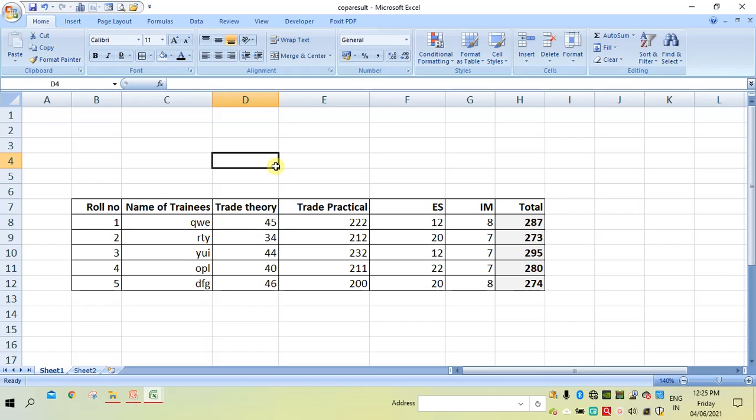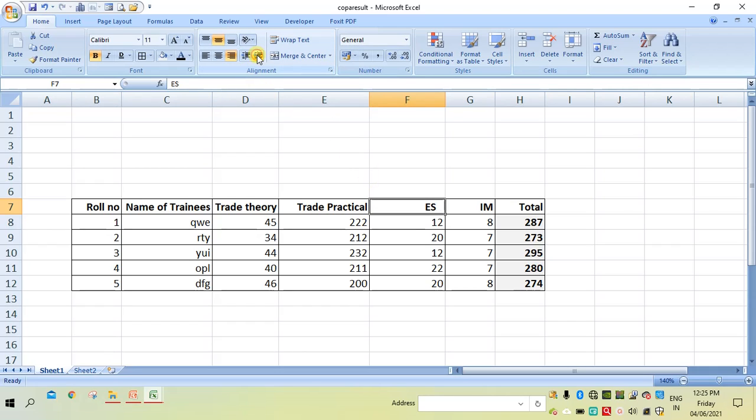Now let us see how to increase or decrease indent. The decrease and increase of indent can be done. For example, this cell I want to either increase or decrease the indentation.